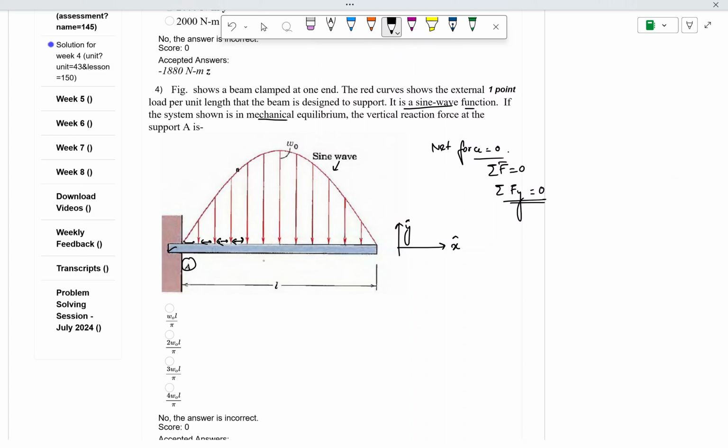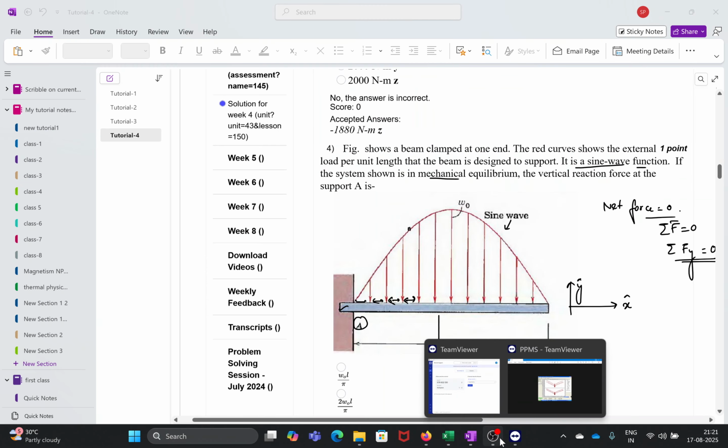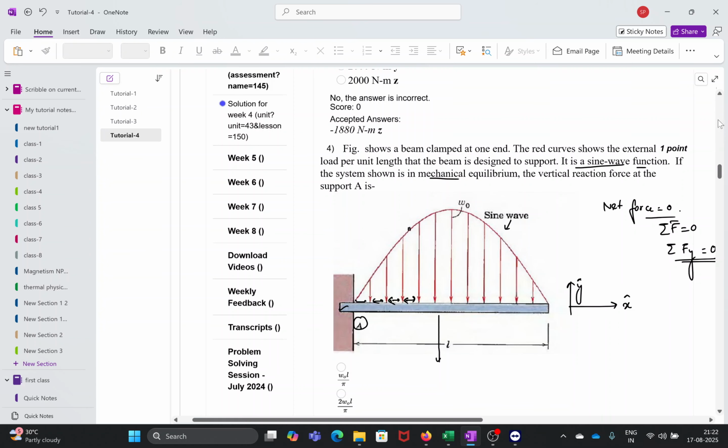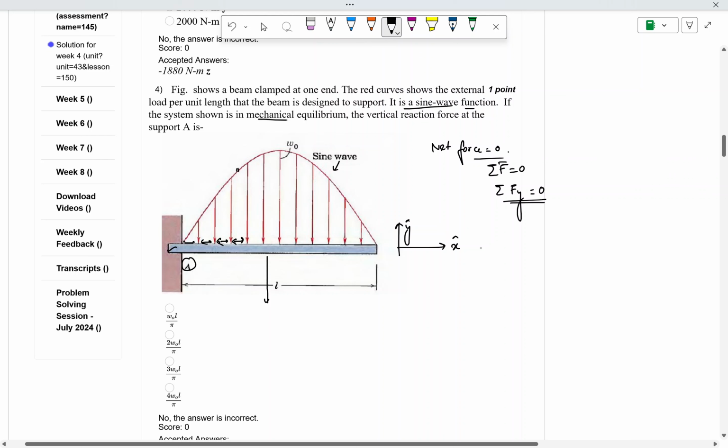In the case of a beam, there are two vertical components. One is the effective weight of the beam, which acts downwards, mg. There is no mention of the mass of the beam, so we can avoid that easily. But there is some information given to us about how much load per unit length the beam can actually support. So, as I was saying, there is a certain load assigned for unit length of the beam, right?